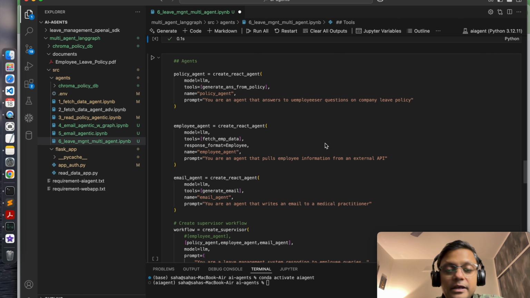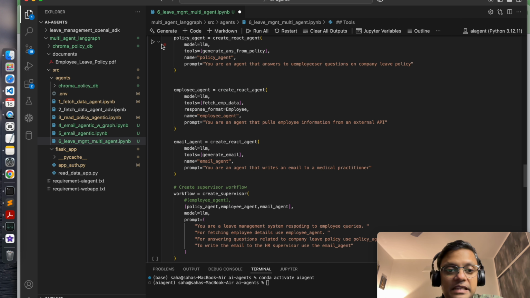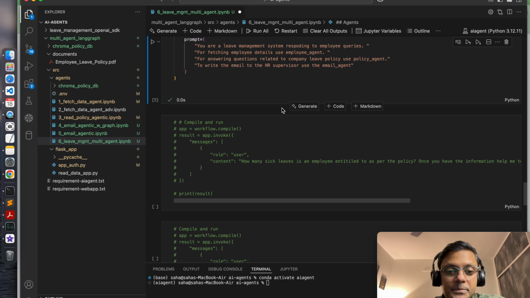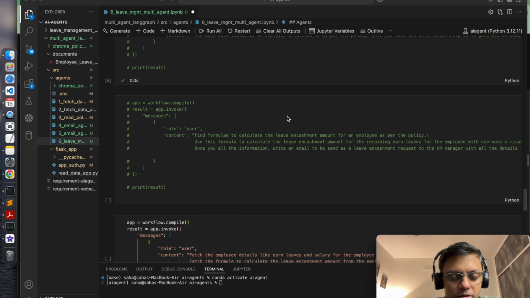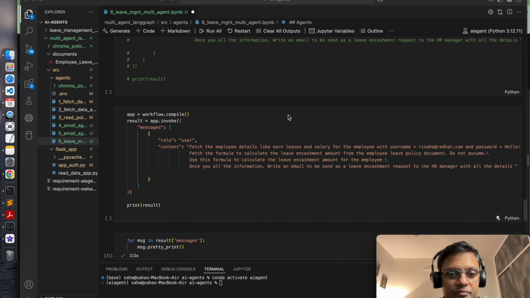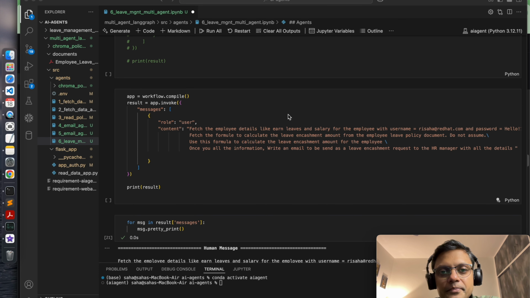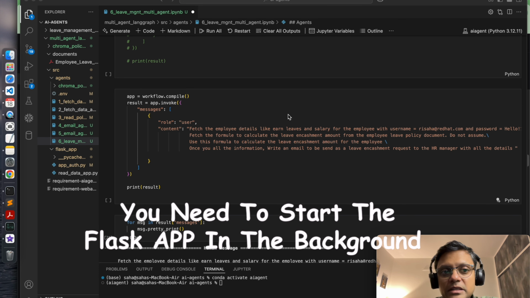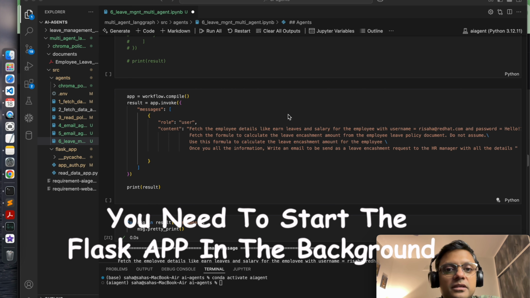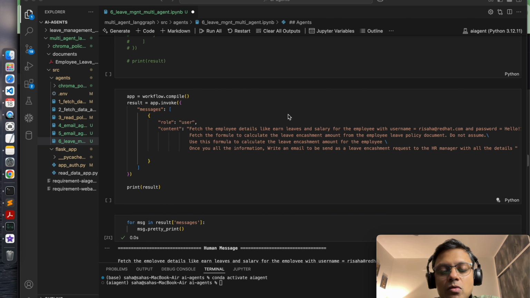Then it is time to define every individual agent and the supervisor agent. Let's try to execute a prompt. Now, let me tell you, even the best model is hallucinating as of this writing. So I had to try out multiple permutations and combinations of the prompt to make it work